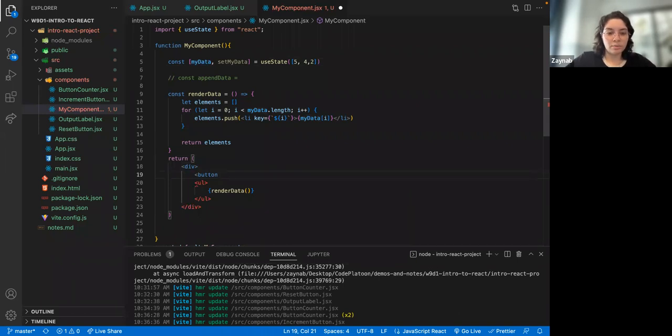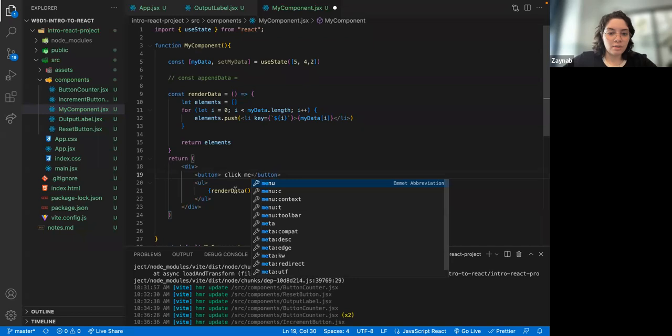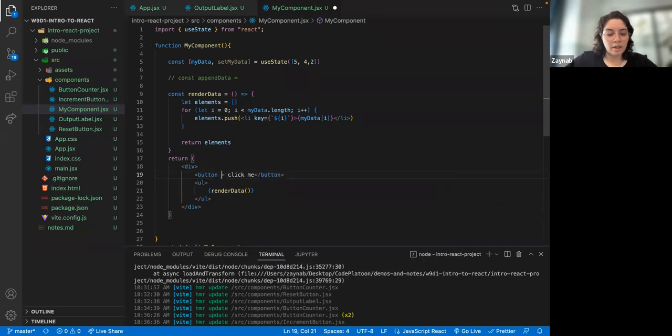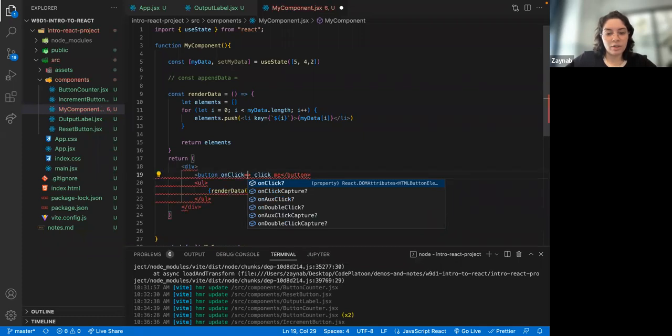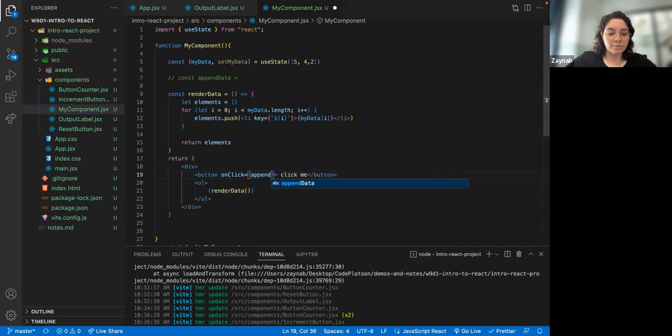I don't think we really need the ID, so I'm just gonna say add me, and on click, I'm gonna create a function called append data. So this append data,